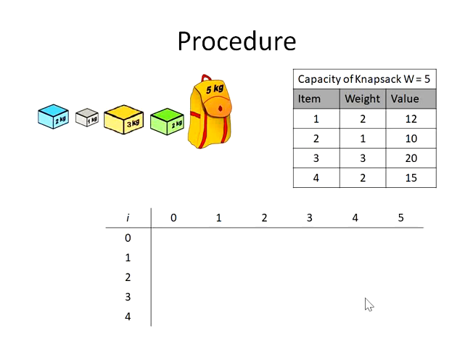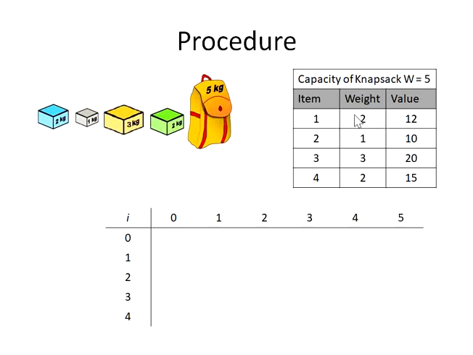Let's start with the procedure of the knapsack problem using dynamic programming. Here we are going to use 0 1 knapsack. We are given the knapsack for 5 kg. So capacity of the knapsack is w, capital W equals 5 kg, and we are given 4 items. I have shown this with visuals. So 4 items, each item is of 2 kg, 1 kg, 3 kg and 2 kg, weights respectively. And these are the values or the profit.